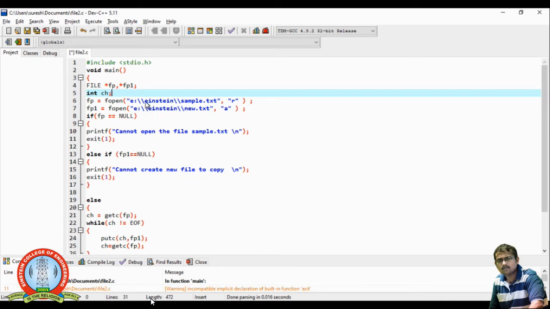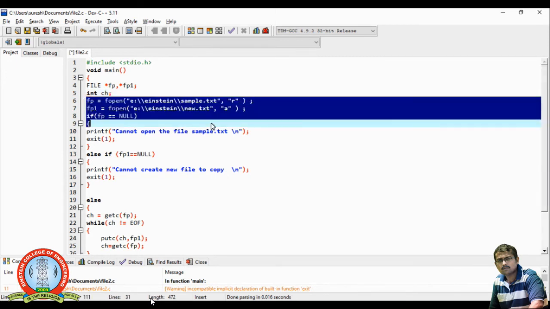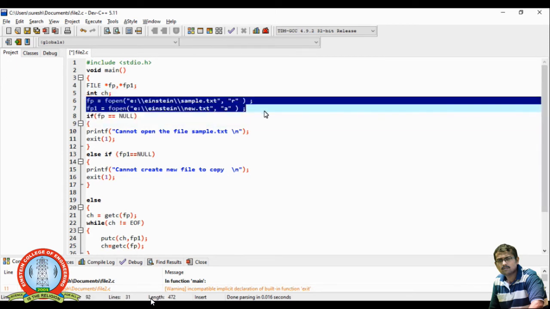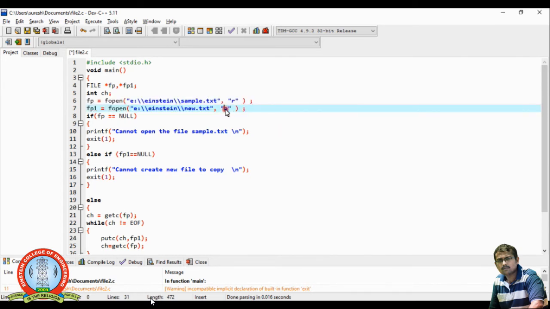Then the two files: sample.txt in read mode, which we know the content of, and the next file, new.txt, which I open in write mode.